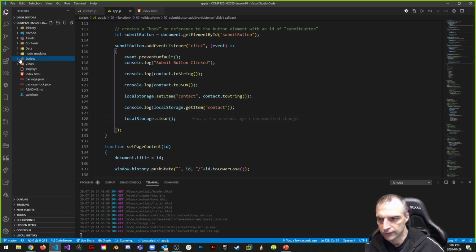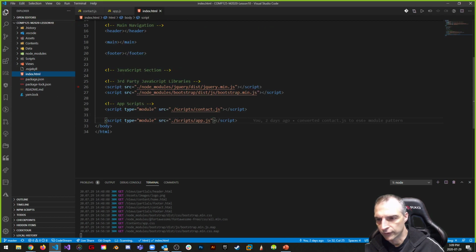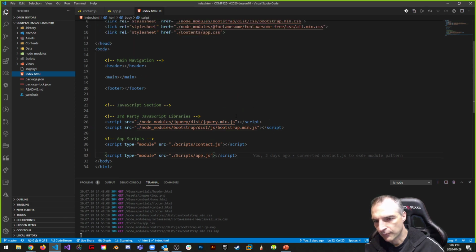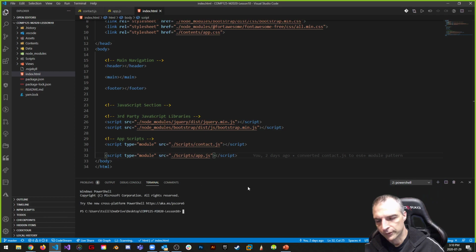TypeScript. So first, we can use TypeScript to give us code hinting for popular libraries, and right now we are using a few. We're using jQuery, Bootstrap for sure, and Font Awesome, those three. And if I want to get more code hinting for jQuery or Bootstrap, it's pretty good. Visual Studio Code has really improved a lot over the years, but I can do so if I open up a new PowerShell session,